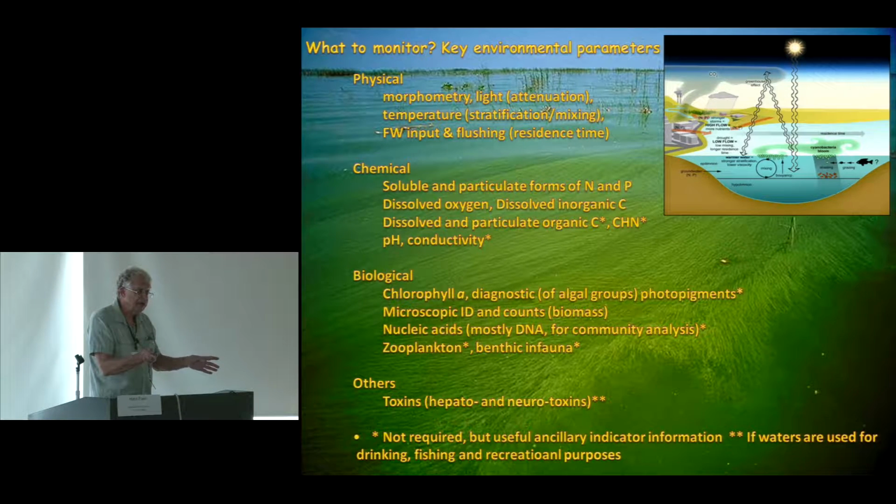Now, I've done a lot of this work out of a suitcase in places like South America, Africa. We're now working in China. We can collect all these samples without having the fancy instrumentation there to actually measure these parameters. So using shipping and overnight ways to get them to a more sophisticated lab is the way to do that. And then, of course, the zooplankton and benthic infauna. Other parameters, toxins. The toxins that are produced can also be collected in the field and then sent to laboratories to do more sophisticated analysis.